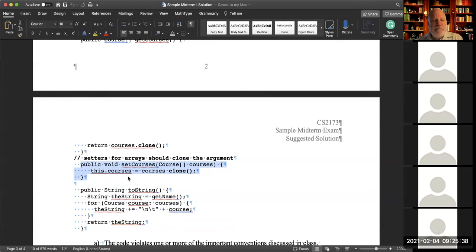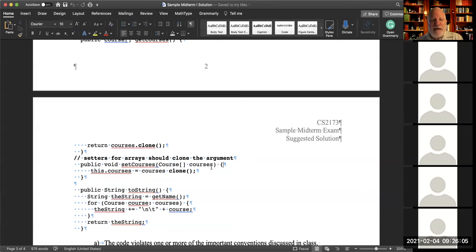If I have a public method, then any method anywhere that has a reference to this object can invoke this, and this class has no control over whether they are or aren't doing that. And even if they do clone it, they still have a reference to that clone, and they could change that clone.